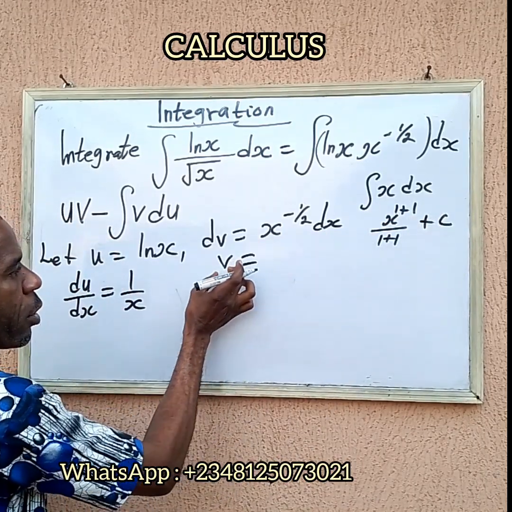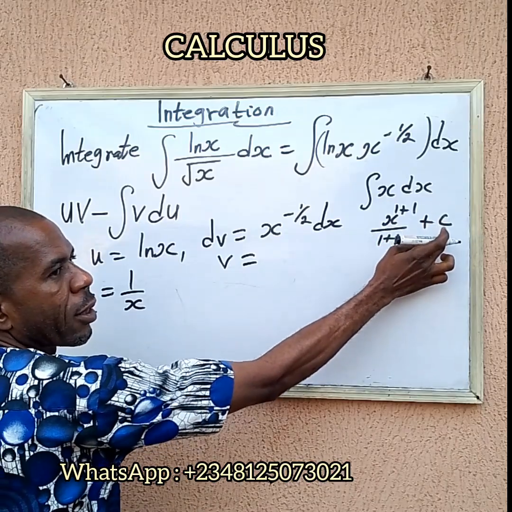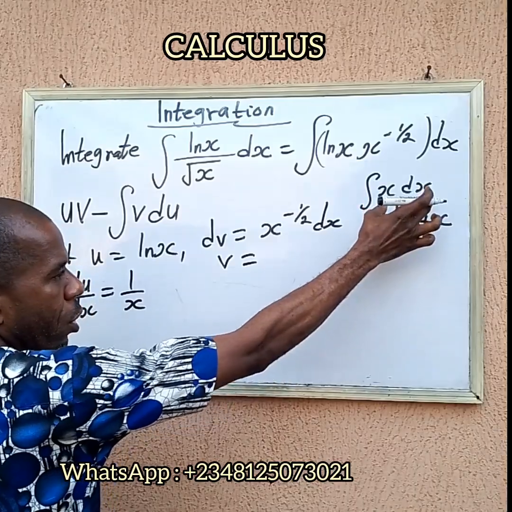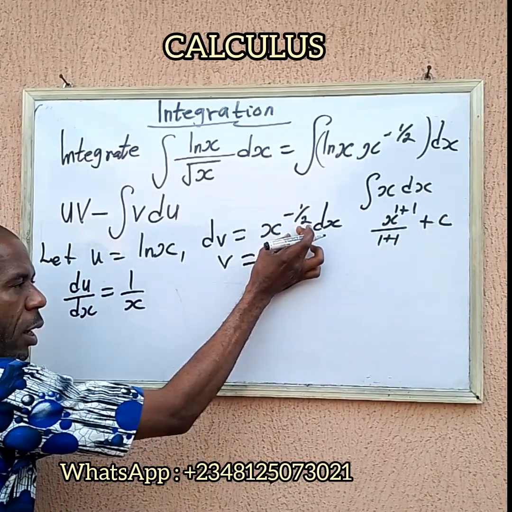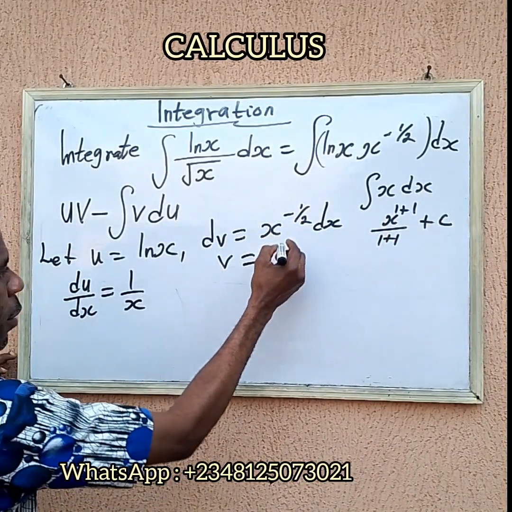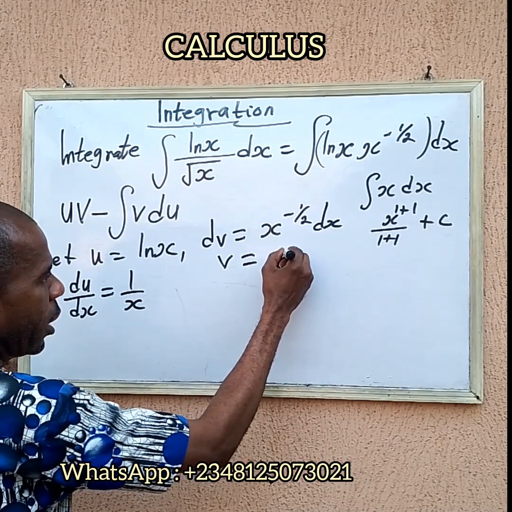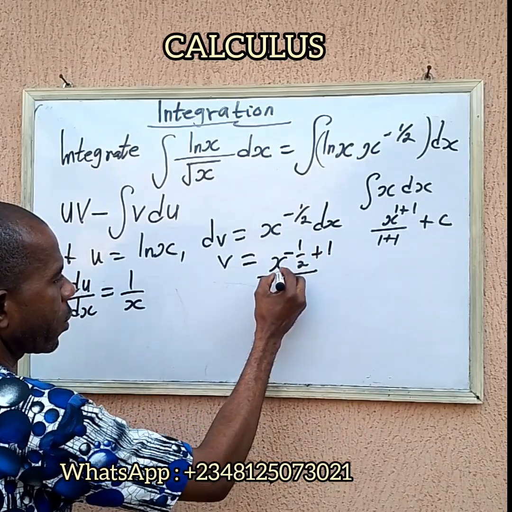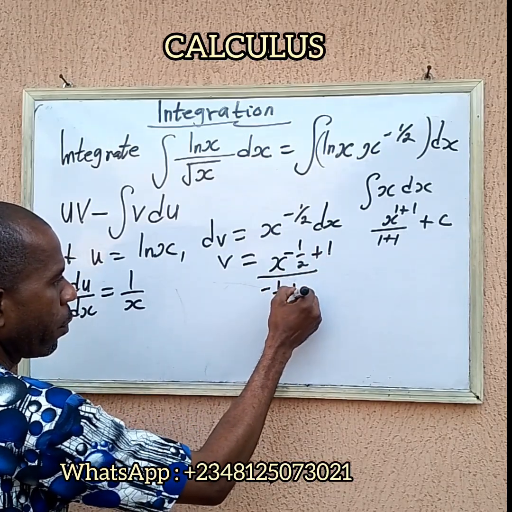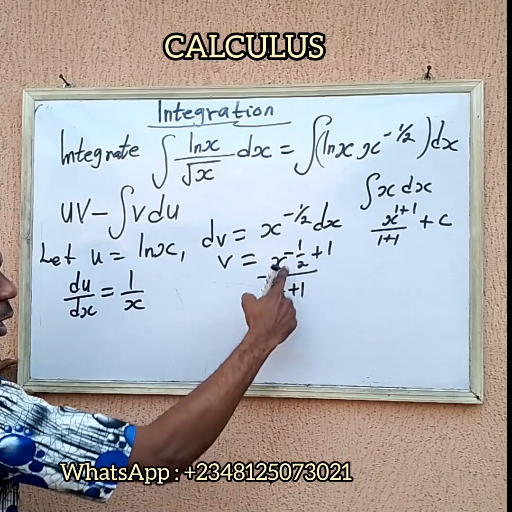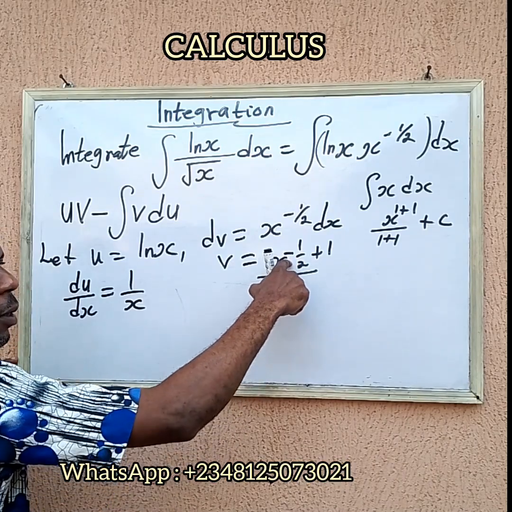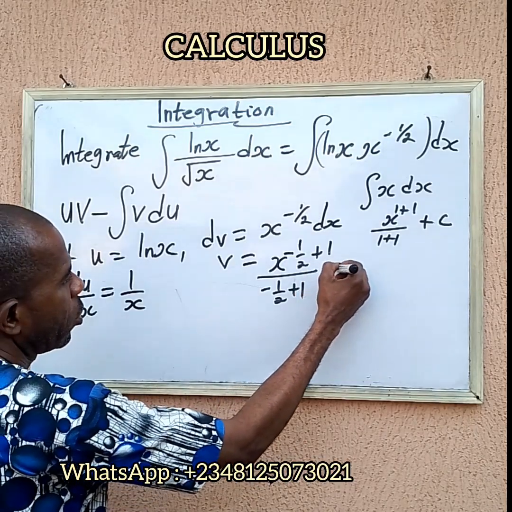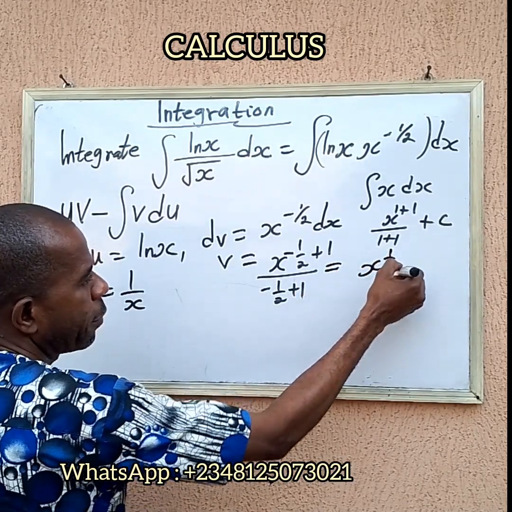But in this case, since we are looking for v here, we are not going to put the arbitrary constant. So this is the standard form of integration. Now we are going to use that same method here. So in doing that, we are going to have x raised to negative half plus 1, okay? Then all over that same negative half plus 1. Then 1 minus half is half, right? Good. It becomes x raised to power half, then all over